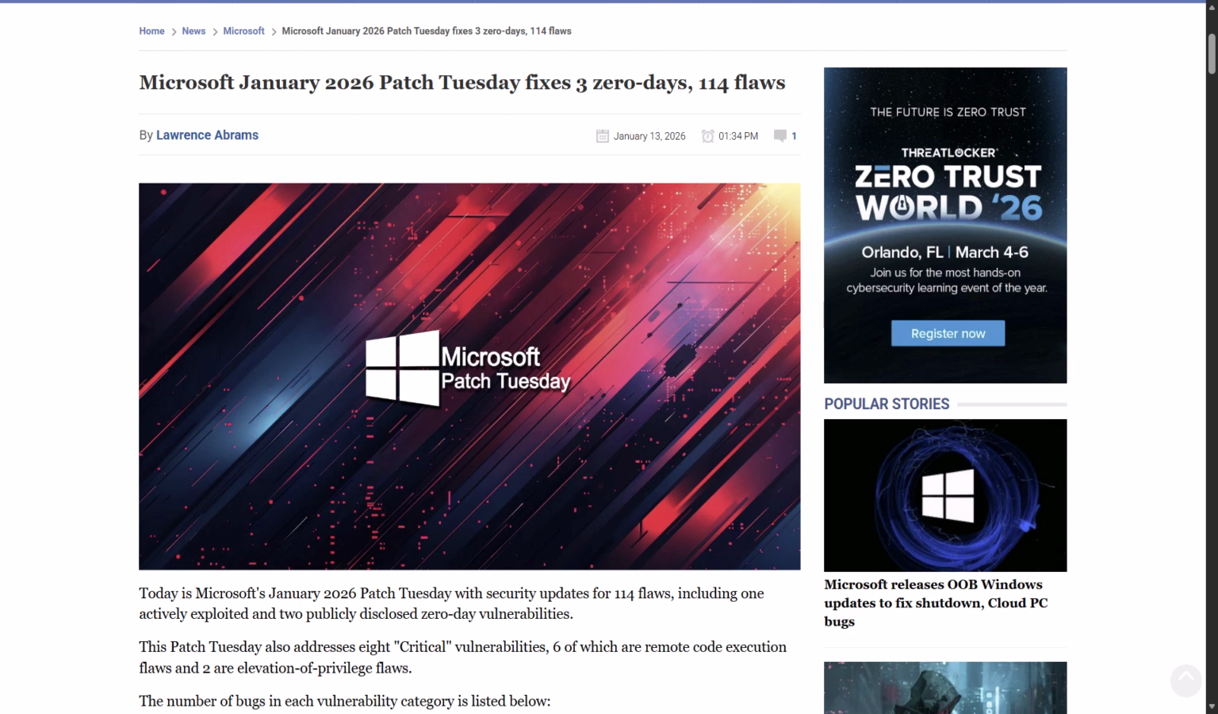57 elevation of privilege vulnerabilities is quite something, and 114 flaws in total is pretty substantial, but maybe not all that surprising given it is the first of the year, and I'm guessing during the holidays there's a little bit of a slowdown in terms of developing these patches. Just to highlight a few, first,